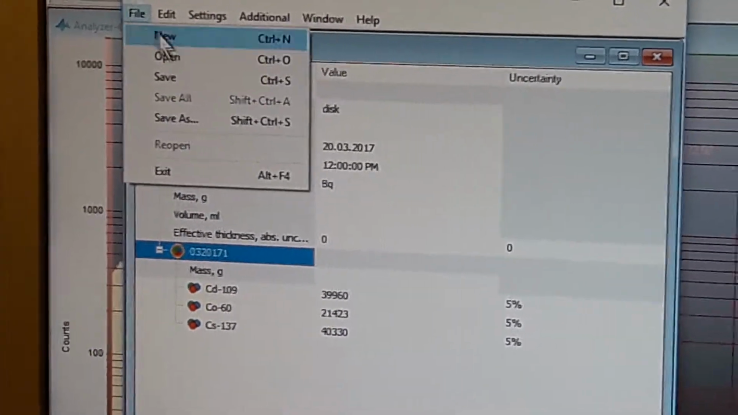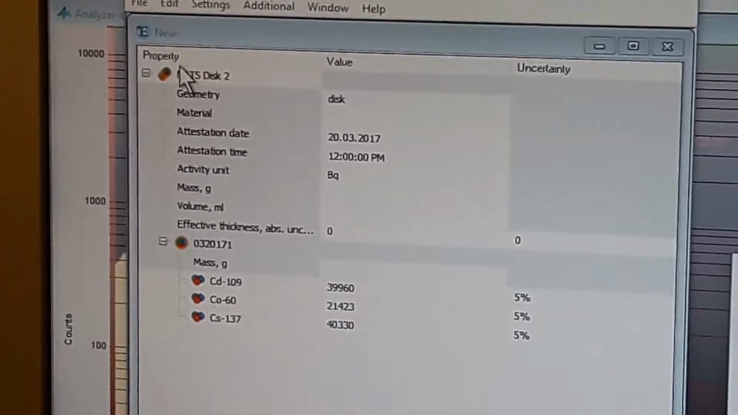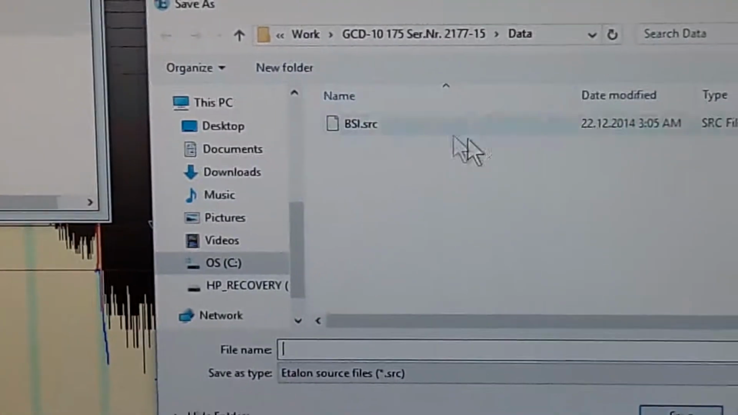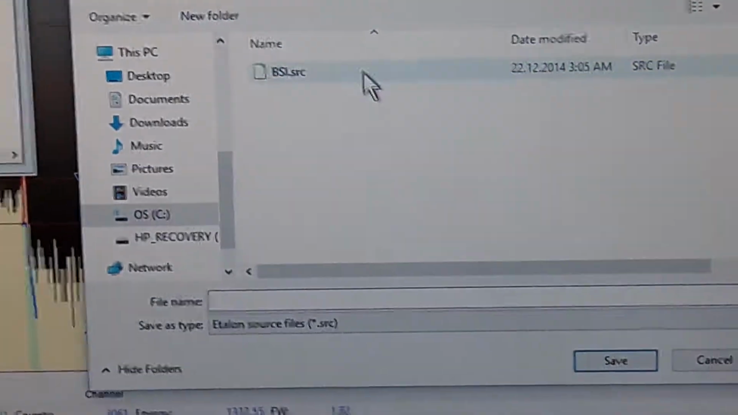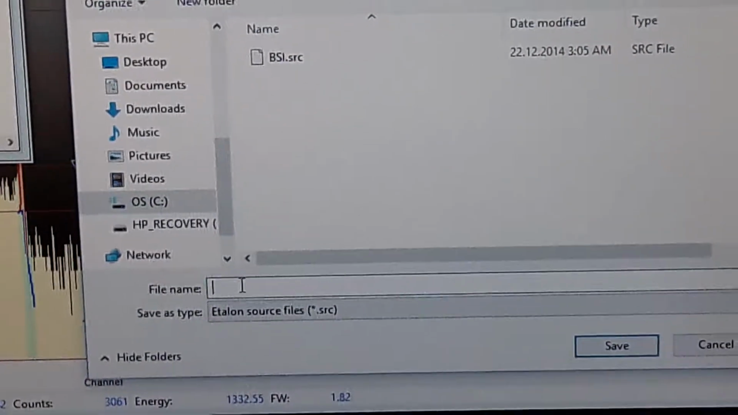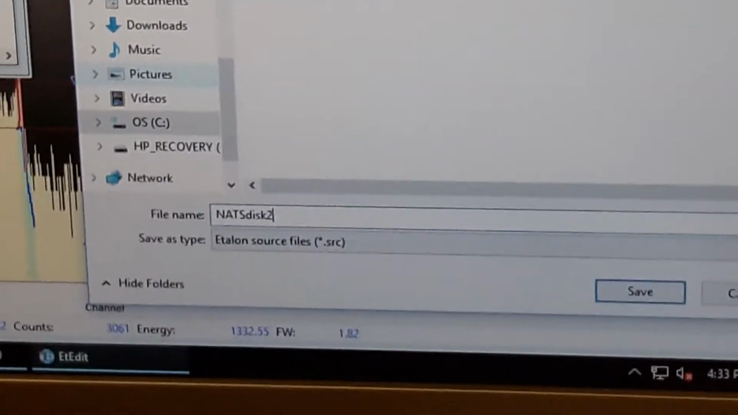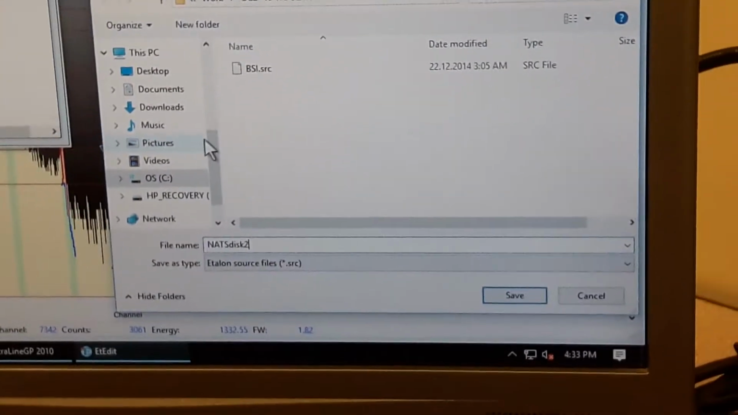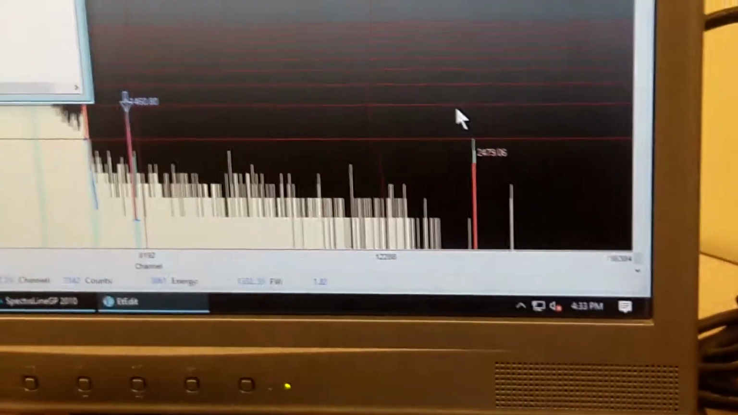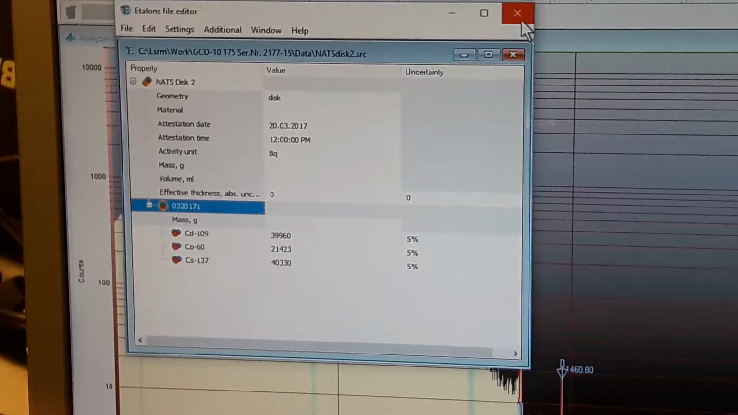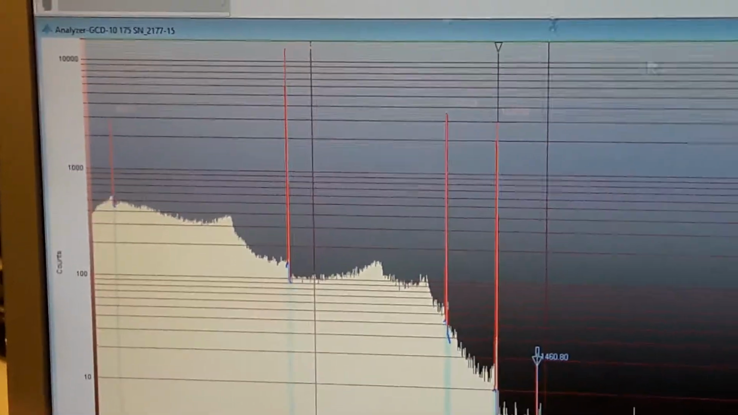So what I have to do is now save it. I have to do a save. Again, it goes up to the default source that we provided with you, a source certificate. You have to create your own one, so you have to call it, let's say, NATS disk 2 certificate. So now I have created my certificate file, and now I'm going to use this certificate file to conduct an